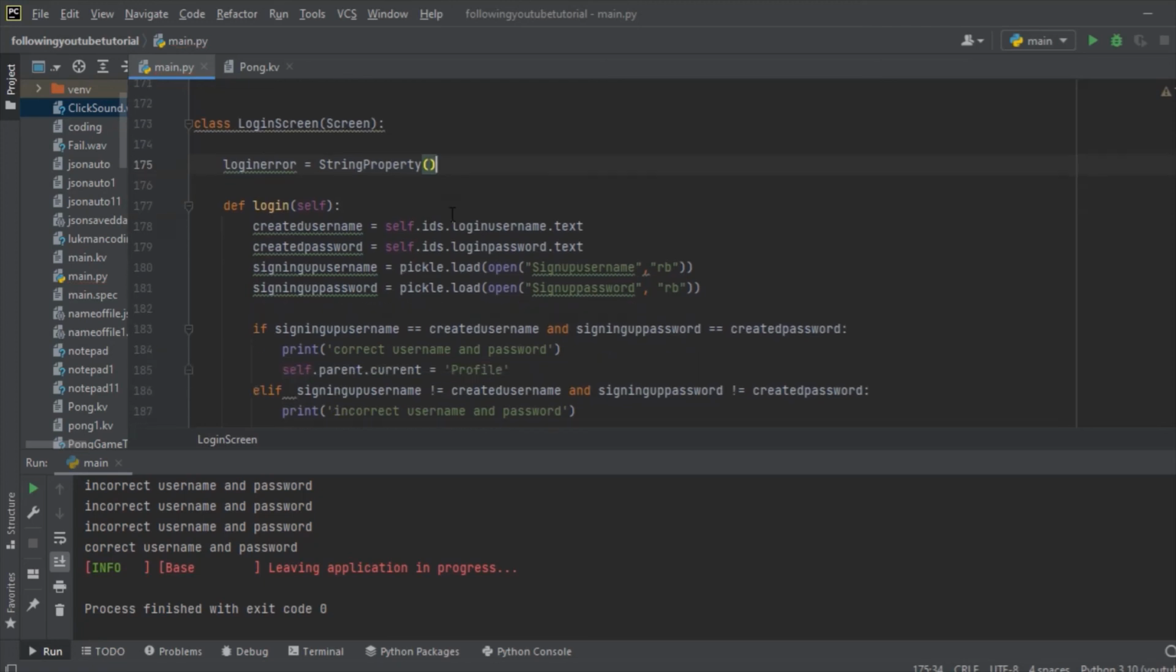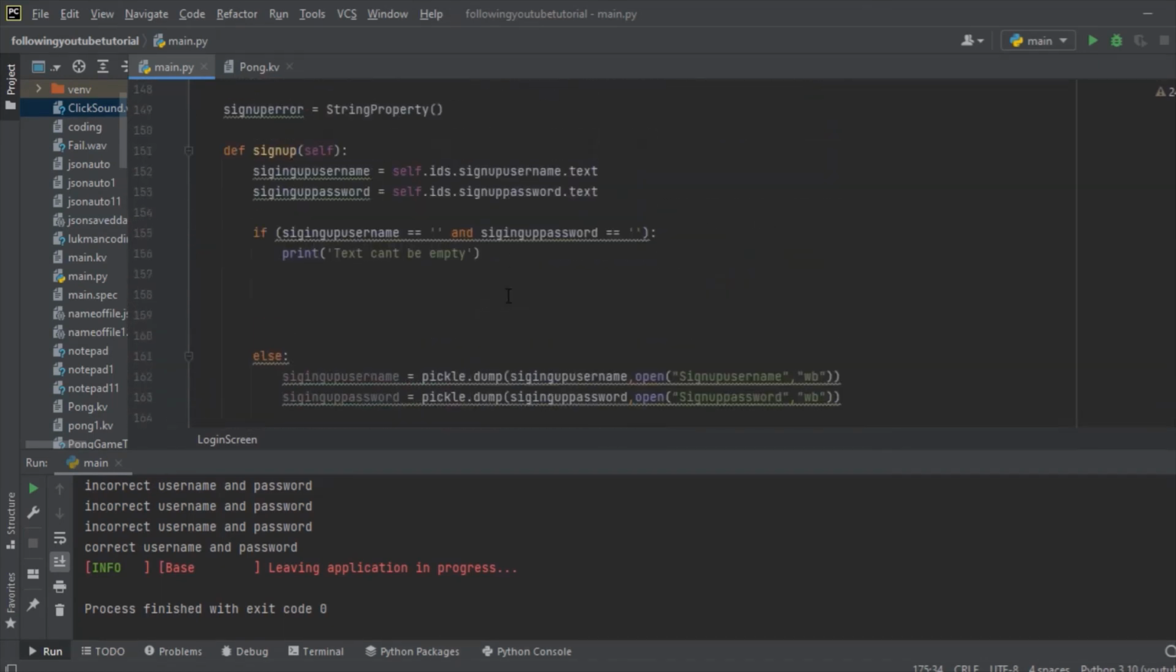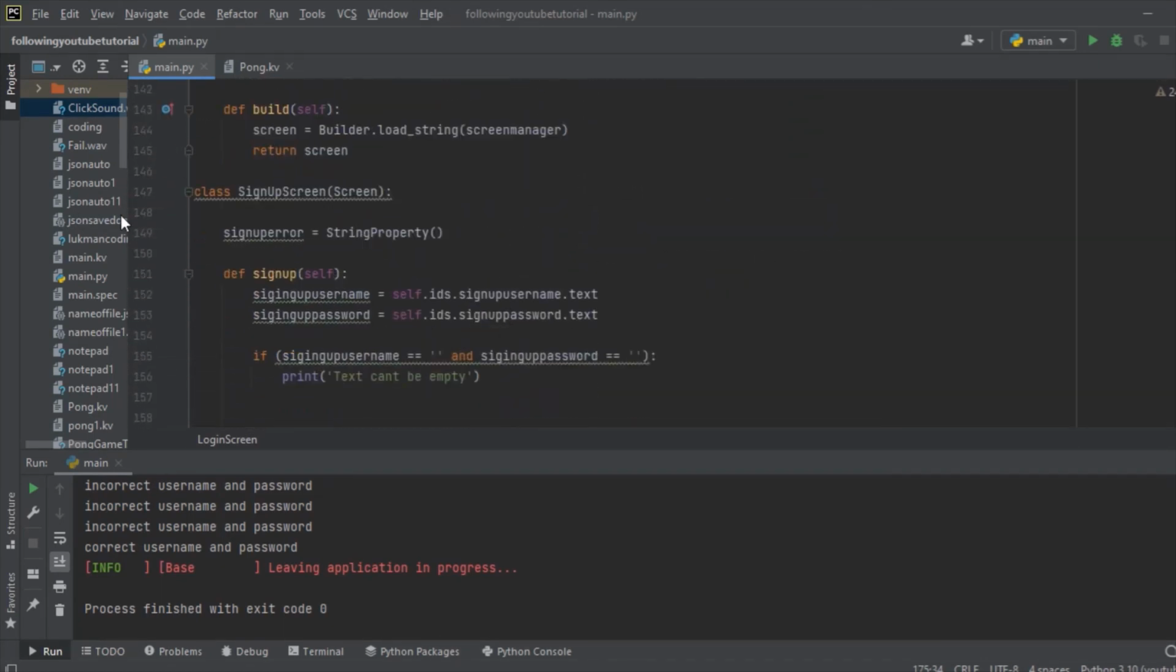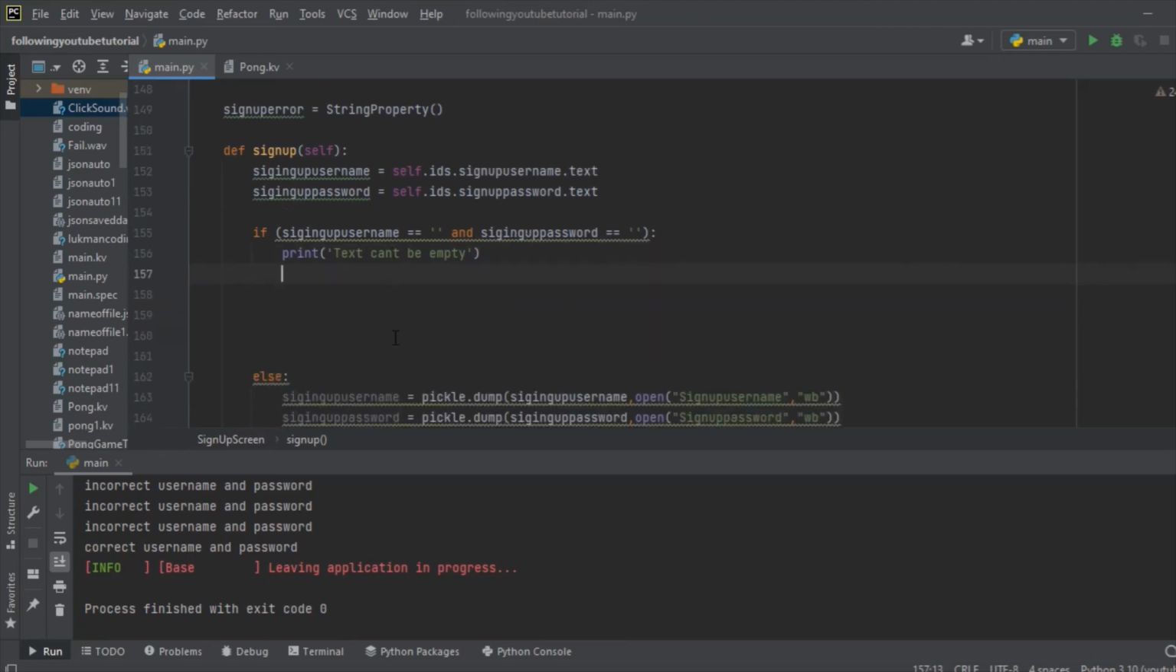Login error is going to be empty. So right from here, let's work on the next step. In this step, for the sign up error, whenever we find any kind of error right over here, this one says text can't be empty, we are going to write self.sign_up_error, and that sign up error is going to be